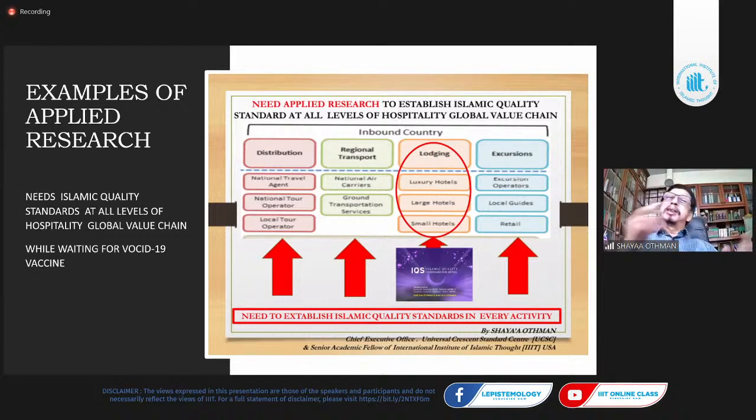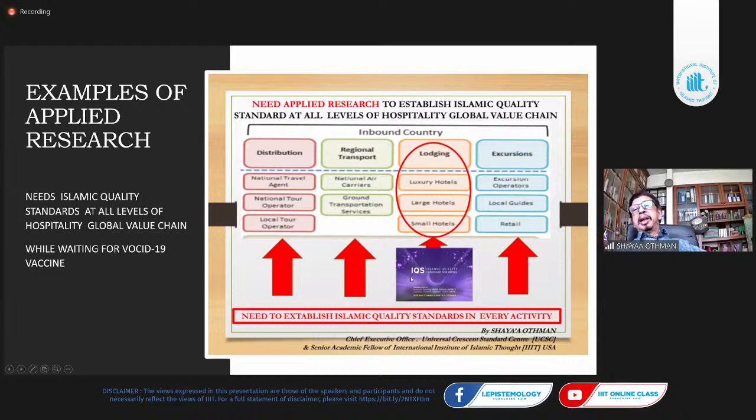Anyway, we're building a second hotel with the Islamic atmosphere. We developed this based on the hotel operating since 1997. We created that as a prototype. We created the Islamic quality standard. We worked together with UITM, and it has been accepted. Indonesia, I think, is also the same. They have accepted it, and Qatar and Turkey, of course. It is going to be accepted in Korea and so on.